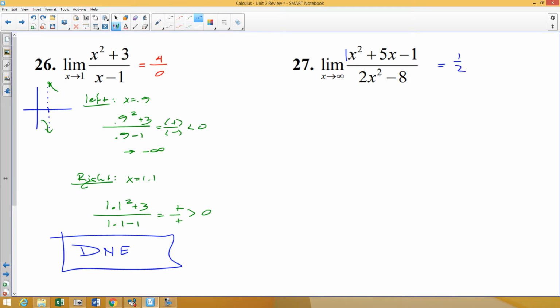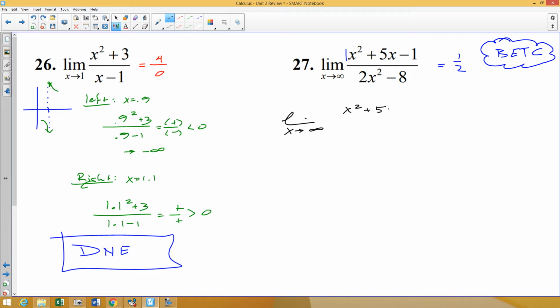If the degrees are equal, that's what we call Betsy. If the bottom equals the top, we will divide coefficients, and so we will divide them to get an answer of 1/2. If you forget those rules, the other option is you could take your function, look in the denominator,